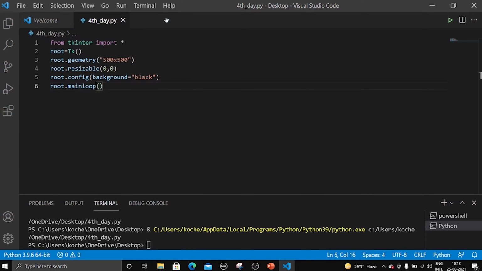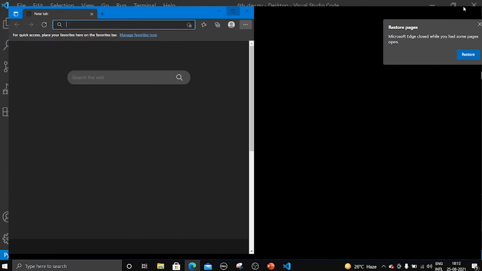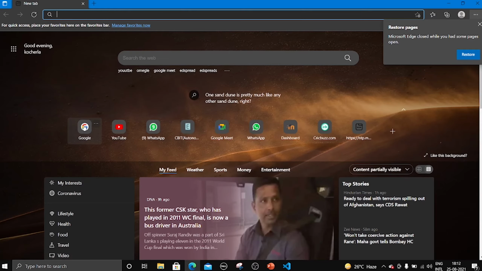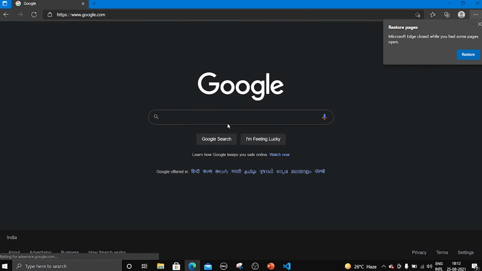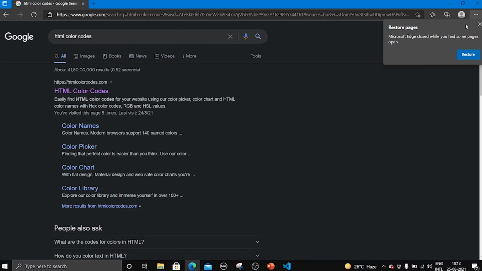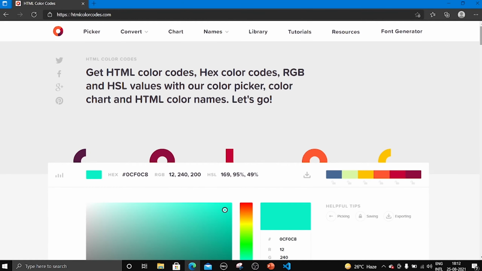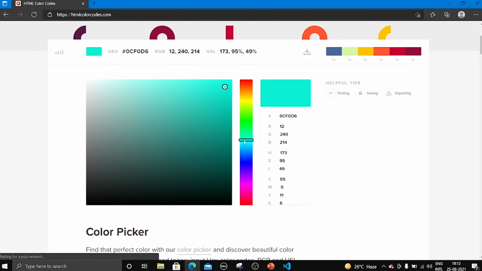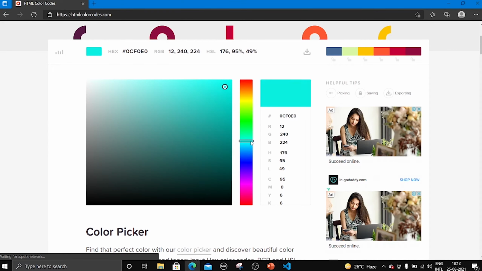So in case you want different types of colors, let me show you one thing. Open your browser and open Google and type here HTML color codes, right? Open the first website and here you can find many colors. Just select any random color. Just in case we can change this one too. In case I want this color, just copy the code here. Just copy the code, control plus C, and